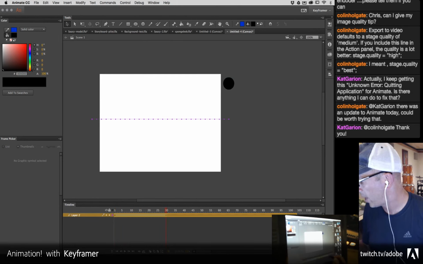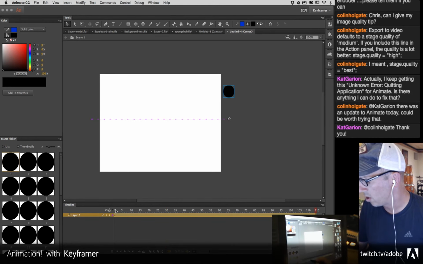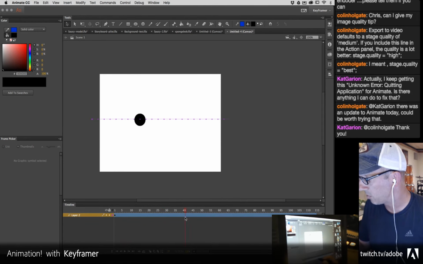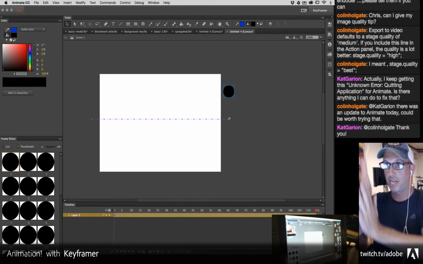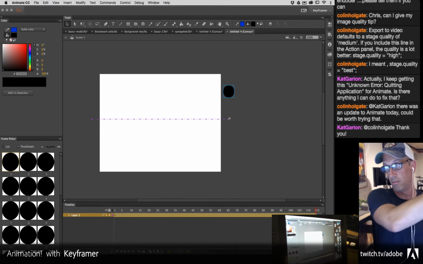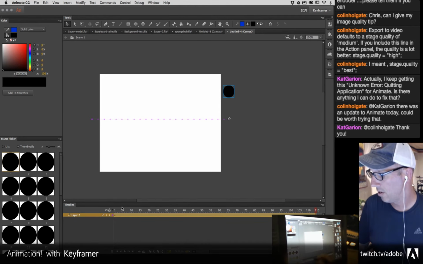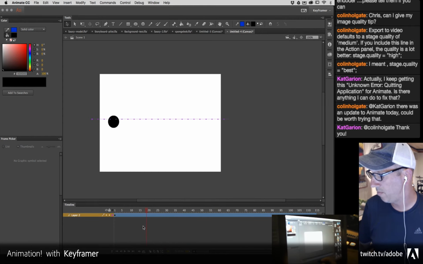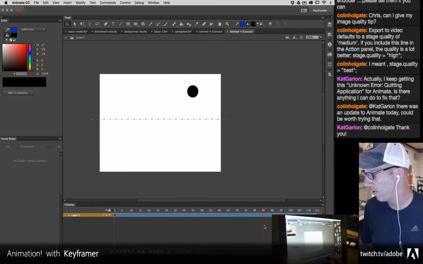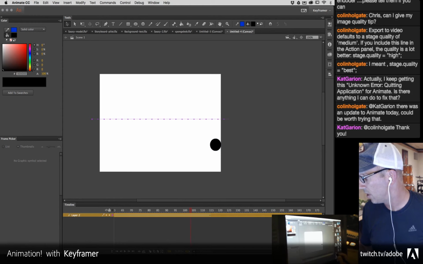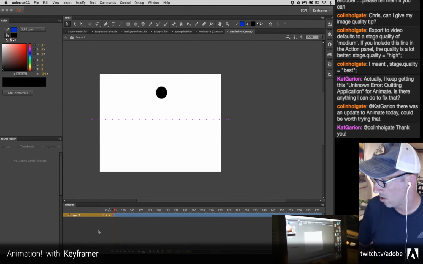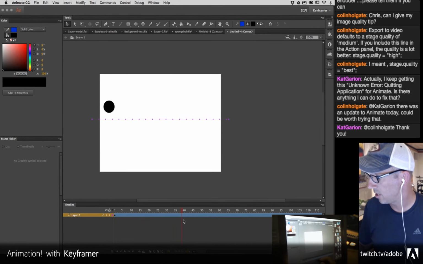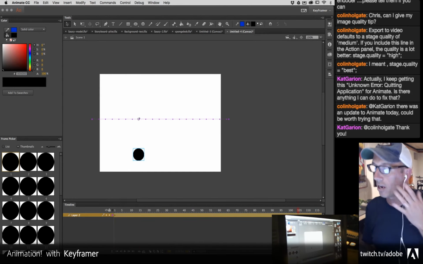I can now drag that to make it longer, which will now make the ball bounce several more times across the stage. And all it's doing is moving an animation of a ball bouncing up and down in place across the stage. But it allows you a lot more flexibility in terms of the pacing and timing of it all. You can play around with it. I can extend this out a whole lot more, and it'll bounce way more times across that stage. So that's the power of nested animations, and that's why,